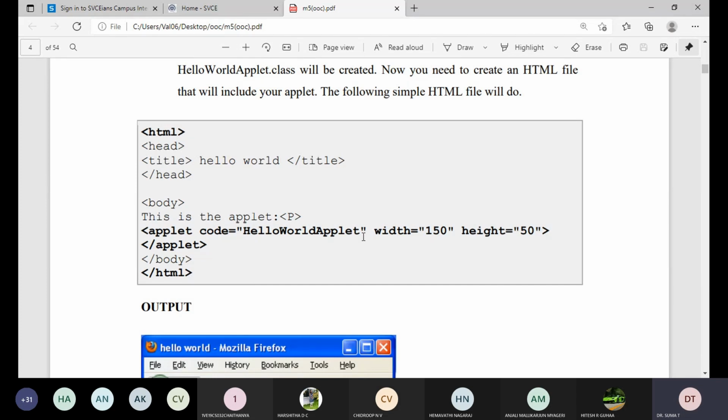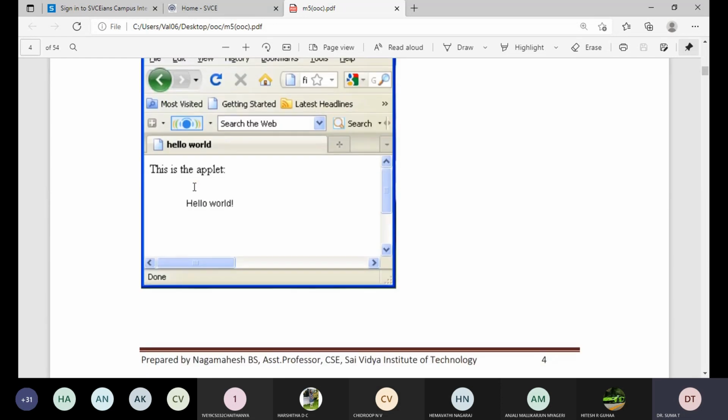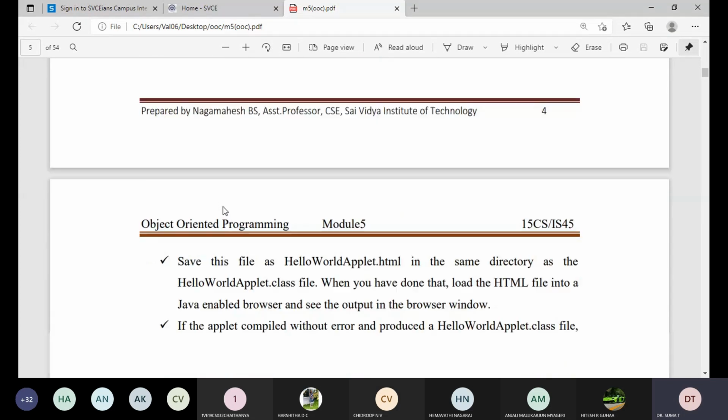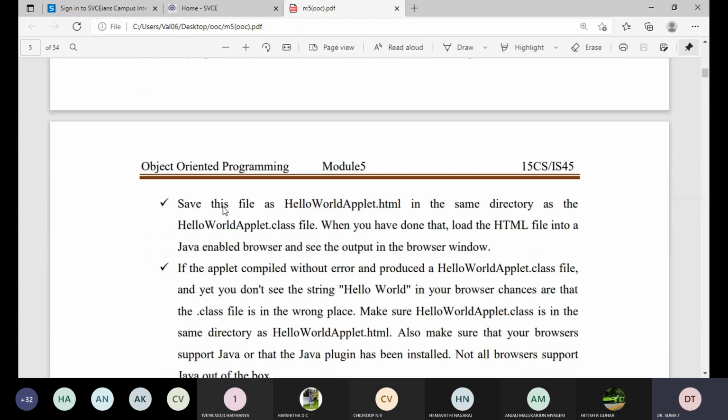Applet is the name of the Java programming file, and width is 150, that is on the x-axis, and height will be 50, that is on the y-axis. Okay, this is the applet. We have to say applet view. Then end of the HTML tag, the body of the HTML ends. Now see here, when you execute this, this is the applet Hello World, like this it will come. Okay, so save this file as HelloWorldApplet.html